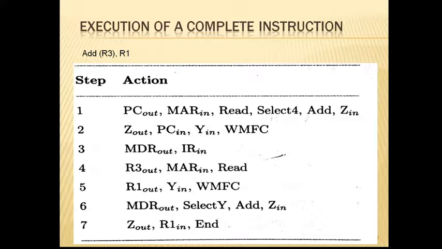Let us understand these steps in detail. In first step, the instruction fetch operation will be initiated by loading the contents of the PC into MAR and also sending a read request to the memory. First step is to fetch the instruction. In order to fetch the instruction, always PC will be pointing to the next instruction to be executed. So this fetch operation will be initiated by loading the contents of the PC into the MAR. That means where PC is pointing, that is the instruction that is going to be executed next.